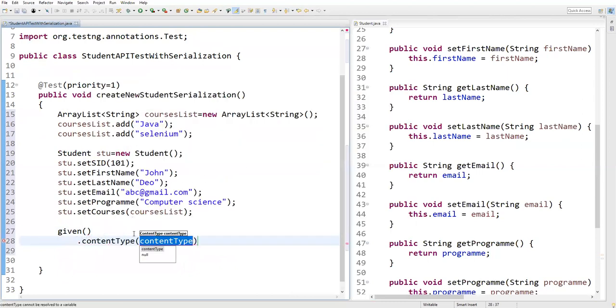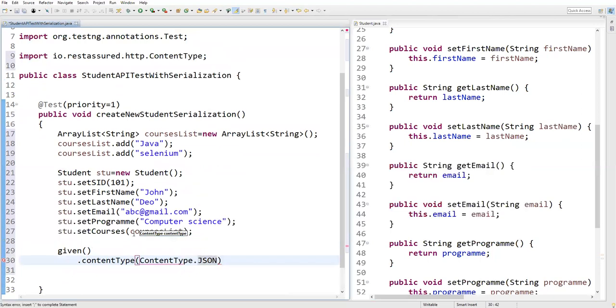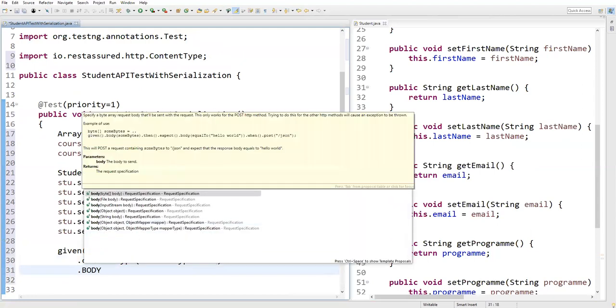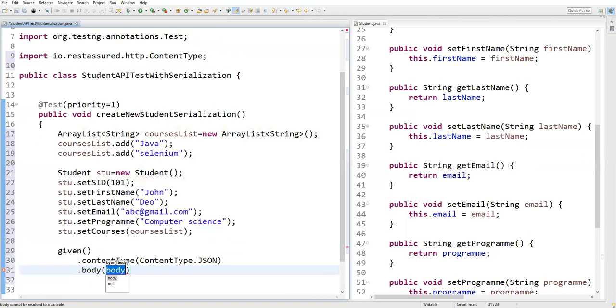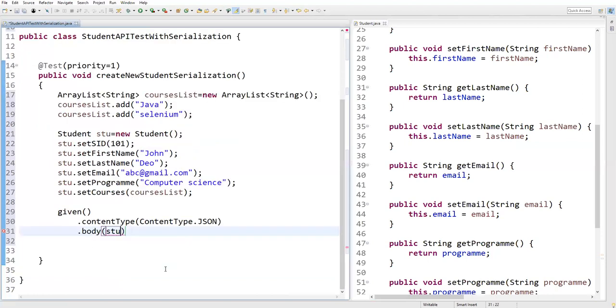What is the content type I'm passing? JSON format. So contentType dot JSON. I'm sending JSON format. And also I need to specify the body. So the body is also part of your post request. This time the body should be sent as an object. So the stu object I'm sending completely here. So now the complete object will be sent as part of the request, then it will convert it into the file. So body stu. Now when,